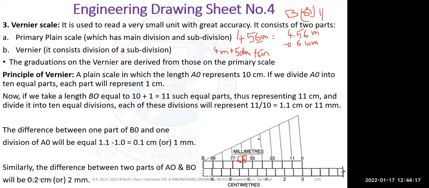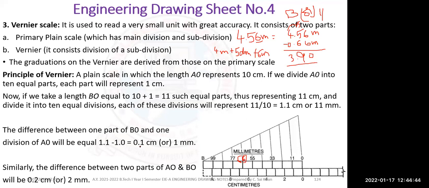It is 66 centimeters, which equals 0.66 meters. So he has done 6 minus 6, it is 0. Then 15 minus 6, 9 and 3. So from the main scale you have to take 3.9 meters, and from the Vernier scale you have to take